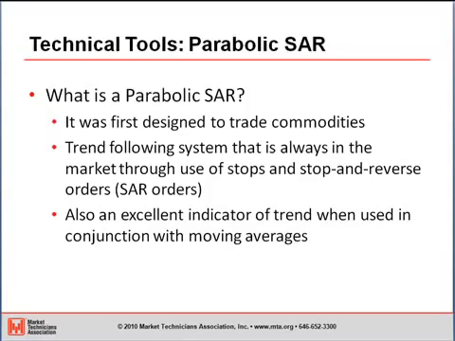It is basically a trend-following system that is always in the market through the use of stops and stop and reverse orders. By that, what that means is you buy long a stock or a commodity, and let's say we'll buy long at a price of 10, for example, and you put an order to sell 2 units in at 9. That's your stop and reverse. So when the market falls, if the market falls, your long goes away at 9 and you're in a short